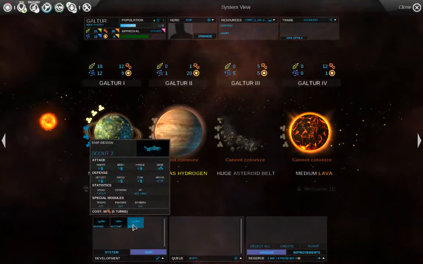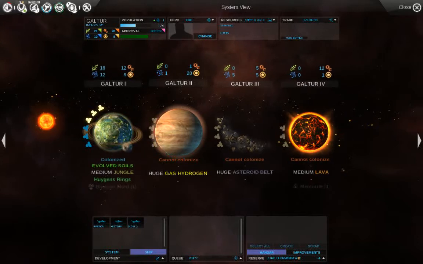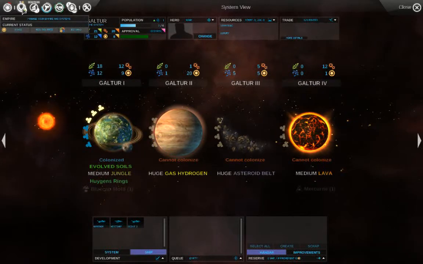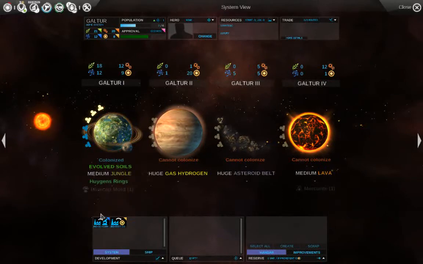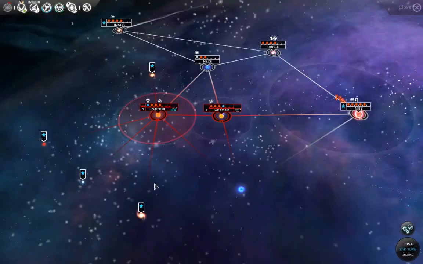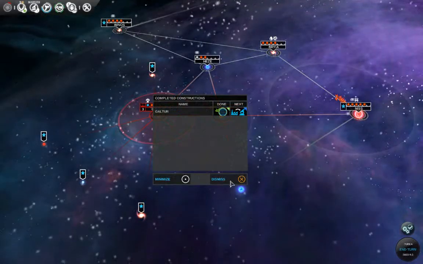How many turns is it? Still 5 turns? What? And the warrior is cheaper. But the warrior is crap, so I would just make 1 turn industry into science, and when I finish to get this building, I will continue to...